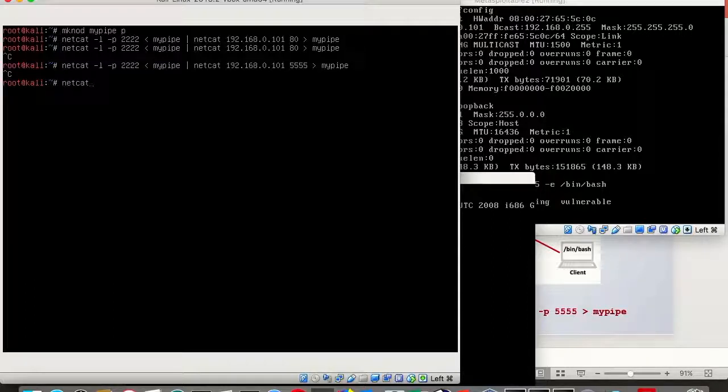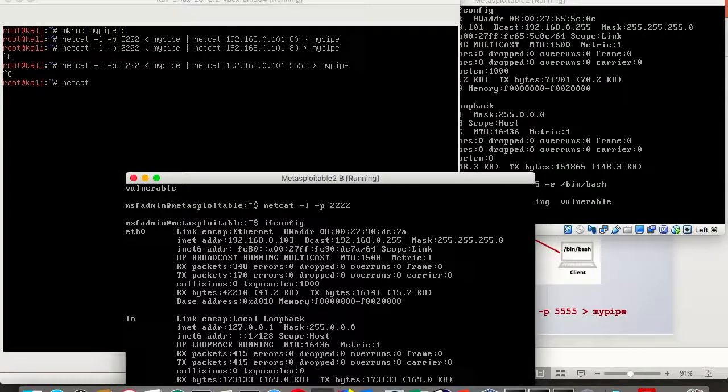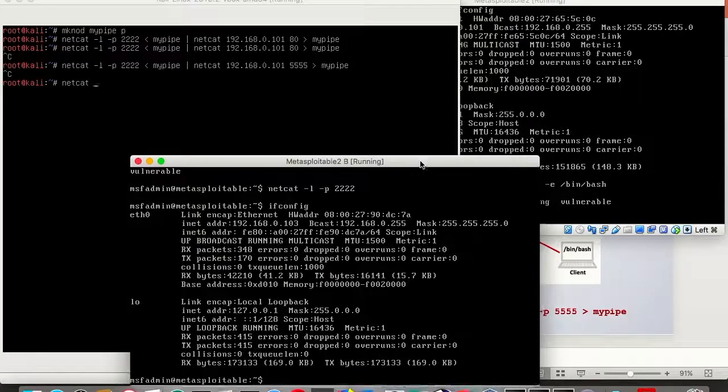client to server now. The client to server. Of course, I need to know the IP address of this machine, which is, I believe, 103. Yes, it's 103.